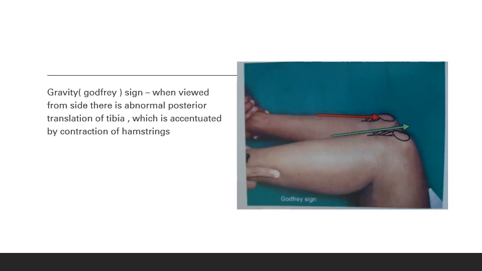Normally, if an imaginary line is drawn from a tibial shin upwards, it does not touch the patella or patella tendon. However, in a PCL tear, the tibia sags downwards. So, imaginary line that is drawn along the shin touches the patella tendon or patella. This is a positive test for PCL tear.